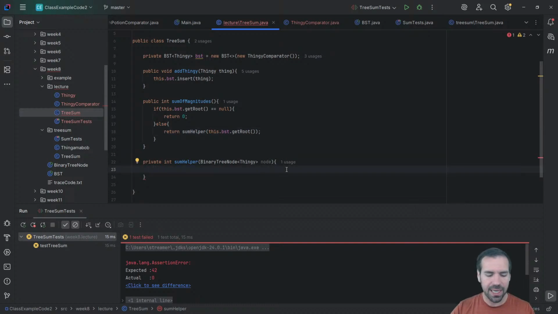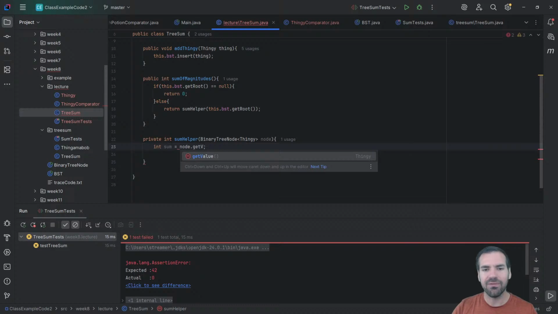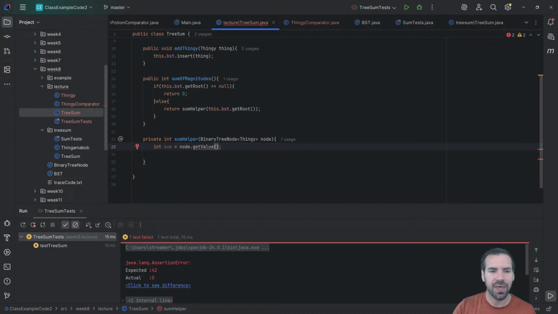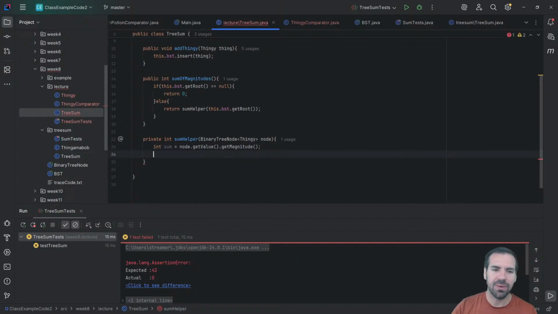So I'm going to start at the root and go through my accumulator through my recursion. So inside the recursion, I'm going to check if, actually I'll do it this other way. So int sum equals 0. Actually, I don't have to do that. Int sum can be node dot get value. Now the value of the node is a reference to a thingy object on the heap. So get value is a thingy, and then I need to get its magnitude by calling its getter. So we'll set sum equal to that, and then we're going to say if